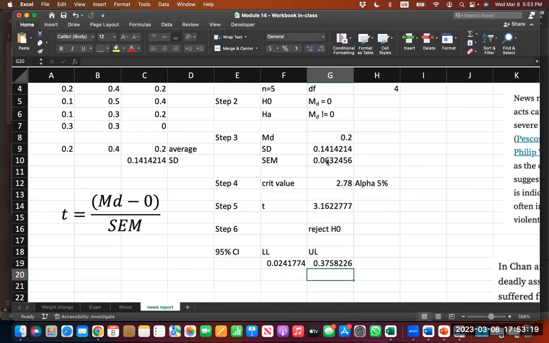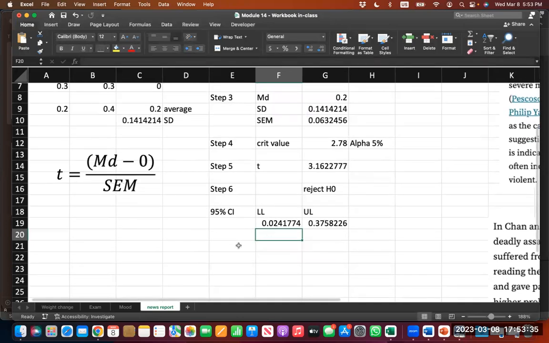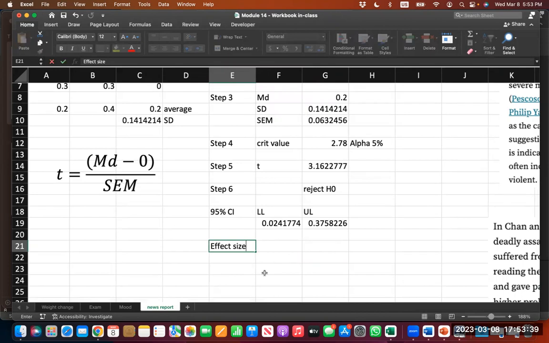0.376. So what we can conclude from that, just in line with the t-score that is greater than the critical value, is that the lower limit and upper limit do not contain the 0, which confirms our rejection of the null hypothesis. Then lastly, we can also calculate the effect size, which diminishes the effect of the sample size because